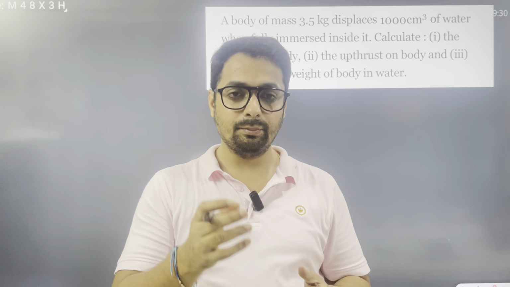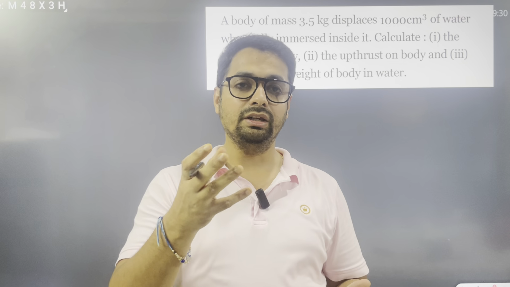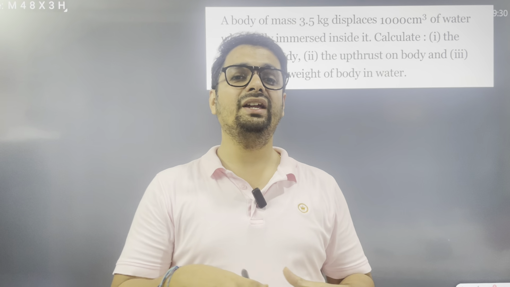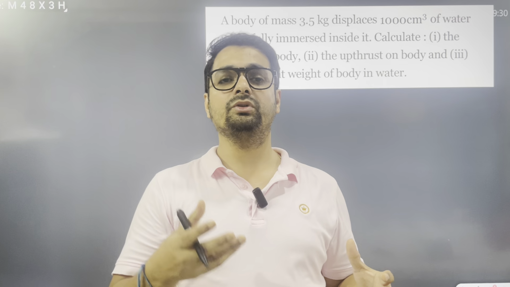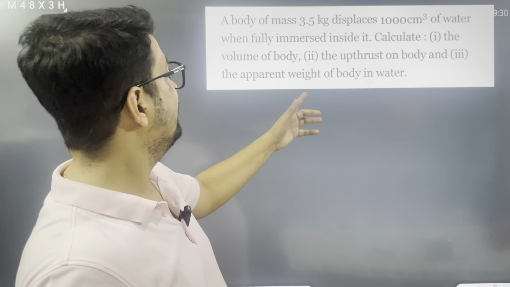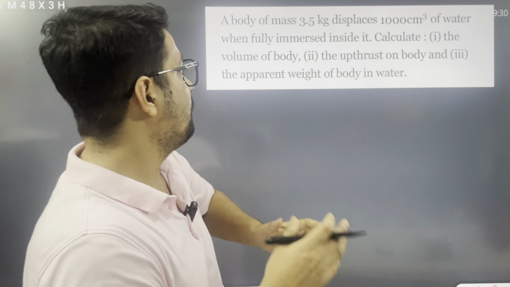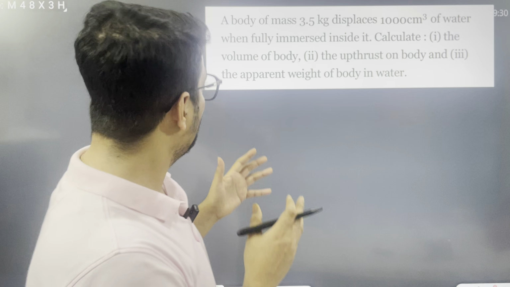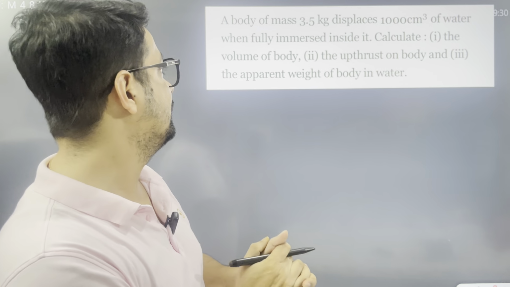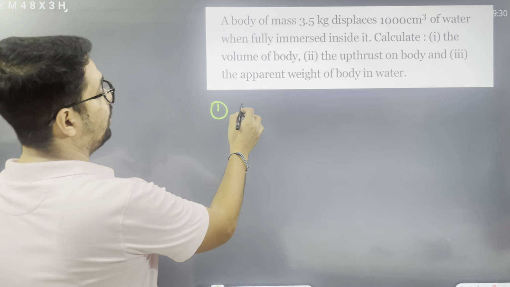Clear? For example, I am keeping one object having volume V inside water. So it will displace water equal to the volume of the body. So here how much water volume gets displaced? 1000 centimeter cube. It means the body volume is also 1000 centimeter cube, because the total body we are completely immersing inside the liquid. So here the first question answer is volume of body